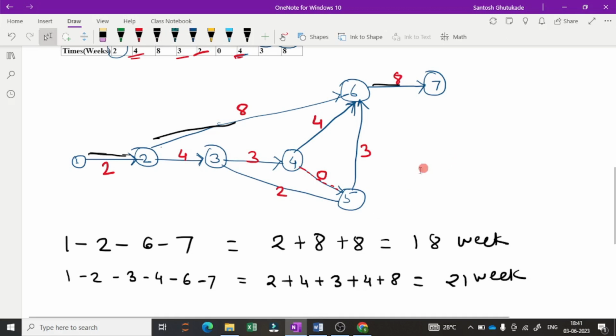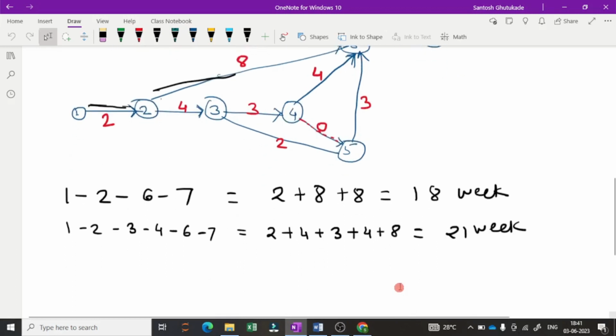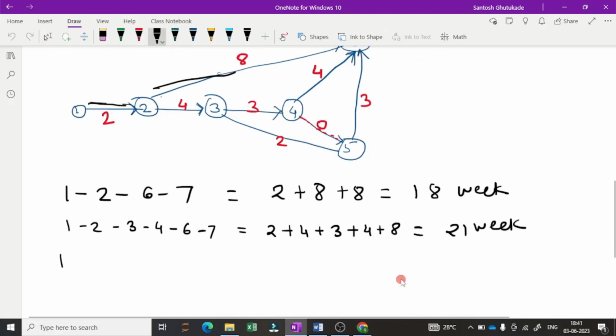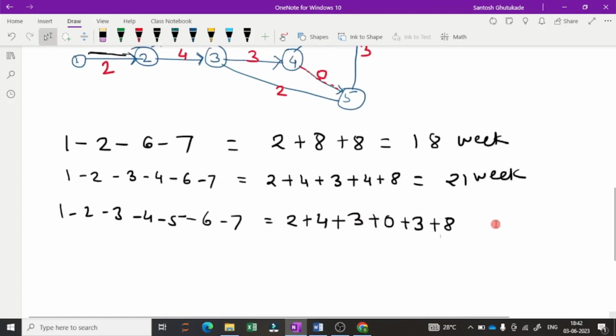Now there is another route, which is 1, 2, 3, 4, 5, 6 and 7. I will write directly 1, 2, 3, 4, then 5, then 6 and 7. If we take the times, 1 to 2 is 2, 2 to 3 is 4, 3 to 4 is 3, 4 to 5 is 0, 5 to 6 is 3, and 6 to 7 is 8. If you add this, 2, 6, 9, 12 and 20, so here it will show